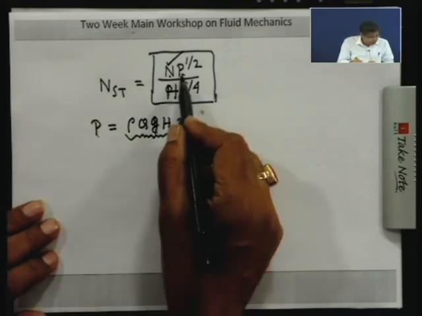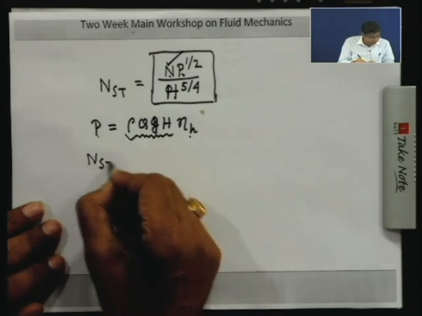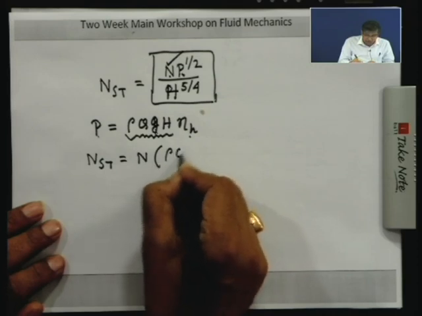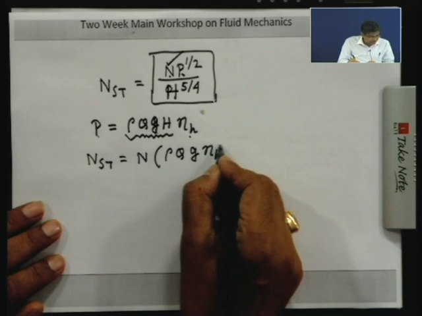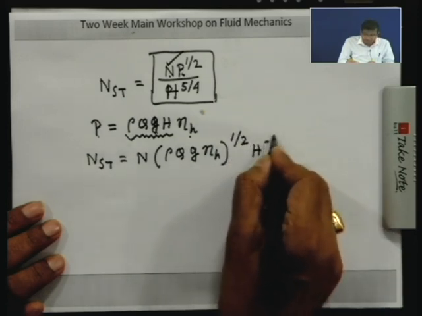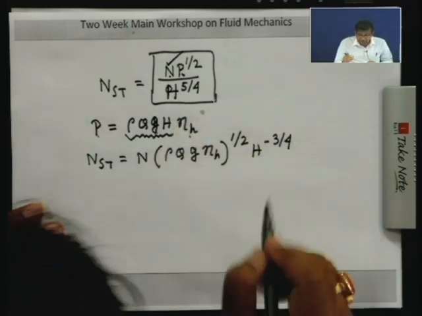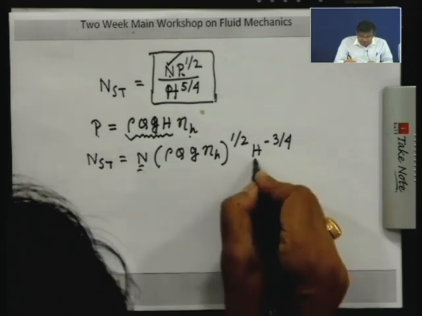So if you substitute this, then you will get N_s as, if you take N outside, and rho Q, g and eta H to the power half and H to the power minus 3 by 4. This H to the power 5 by 4 is in the denominator, so H to the power minus 3 by 4. Now if you substitute N and H,